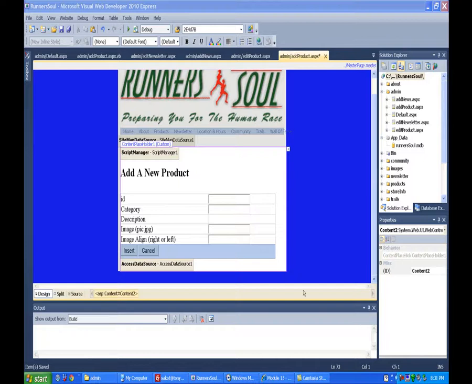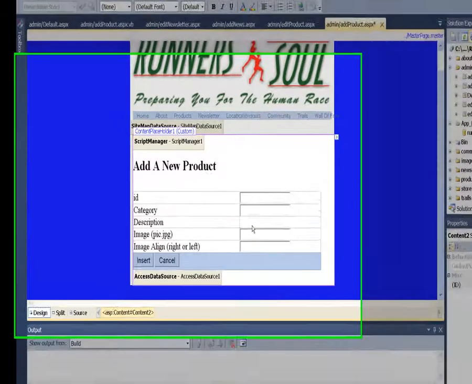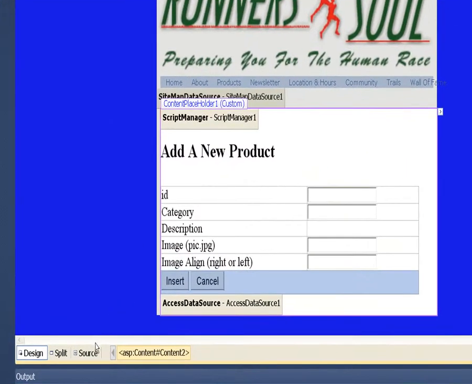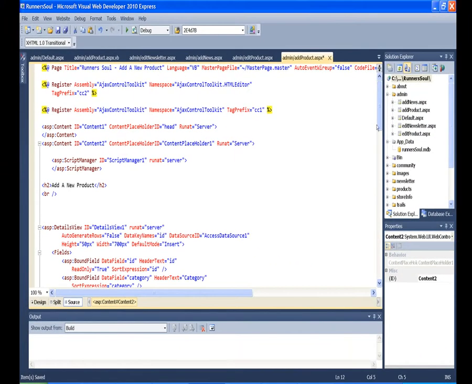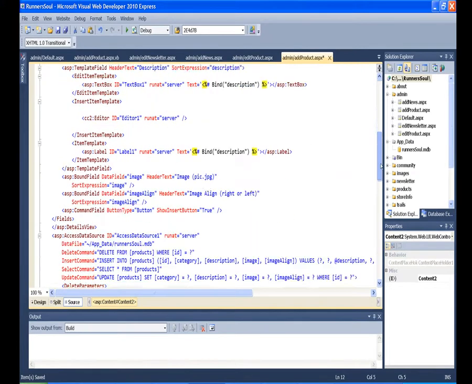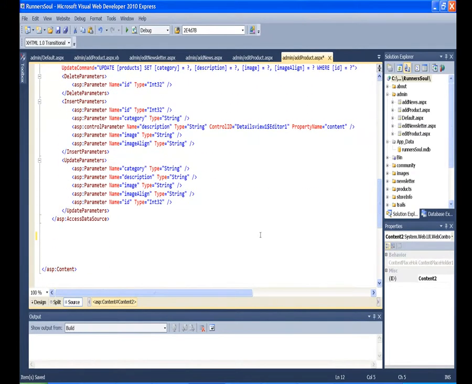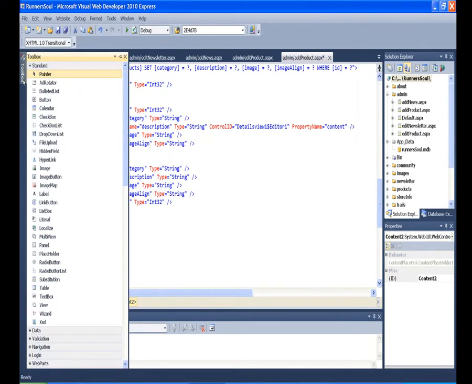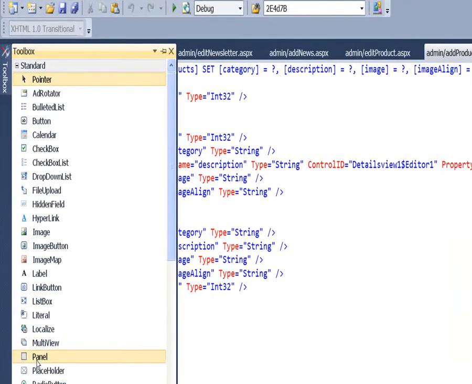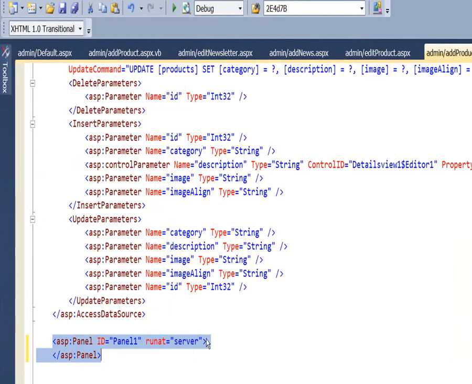In this tutorial, we add some feedback so that the user knows if the database update was correct or failed or was successful. To do this, I'm going to add two panels. One panel that will show up if it's successful. It'll have some text on it and some buttons, and then another panel that will show up if there's a failure. So within the success panel,